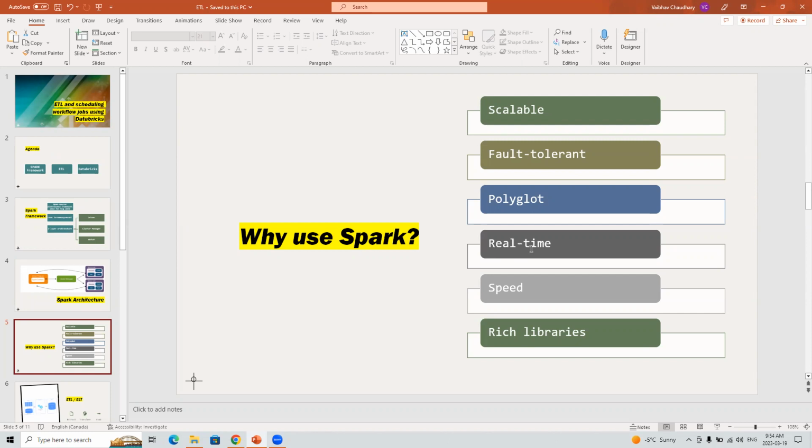Batch, as in if you have some old data, we can directly input it into Spark and do some processing. Real time, as in we can connect it to Event Hubs and Kafka. And it has good speed. It's much better than Hadoop for sure, because it uses in-memory computation. And there are very resourceful libraries to use when we're using Spark.